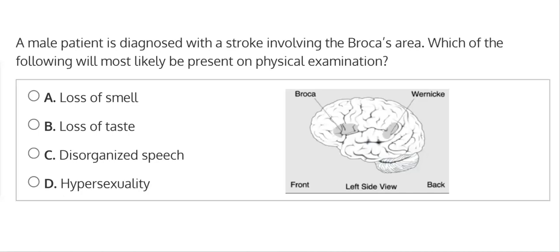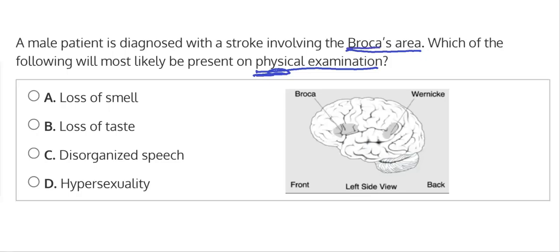A male patient is diagnosed with a stroke involving the Broca's area. Which of the following will most likely be present on physical examination? So this question is basically asking what kind of physical findings you will find when there's damage to the Broca's